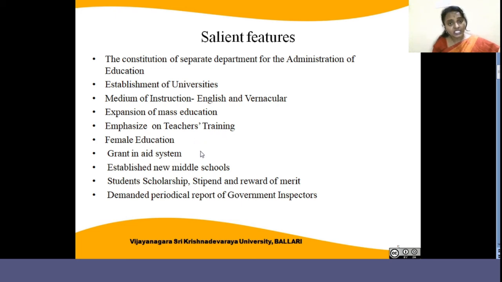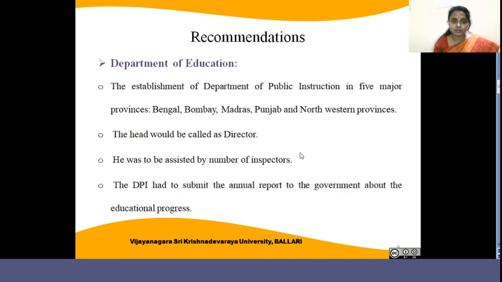They also motivated female education, and also recommended a grant-in-aid system. They established new middle schools as well, scholarships and stipends for the students, and demanded periodical reports of government inspectors. So these are some of the salient features and recommendations of Wood's Dispatch 1854.